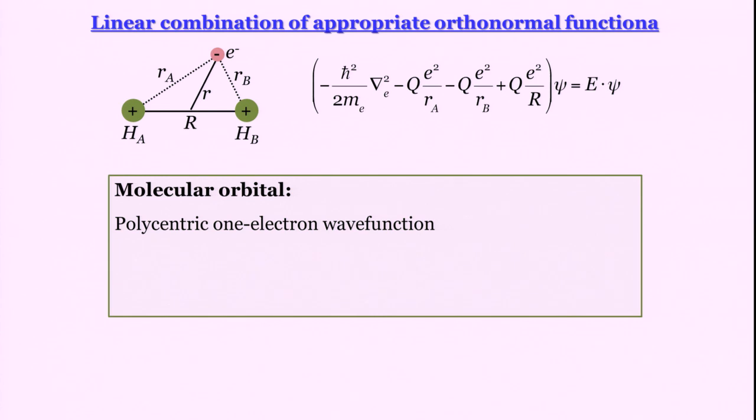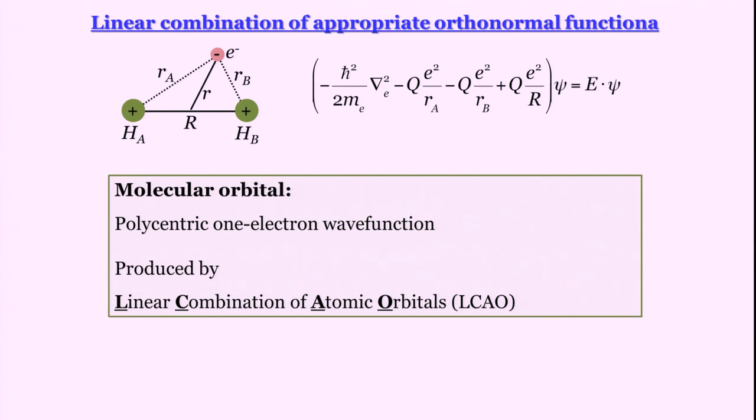So, here to generate this polycentric one electron wave function, I want to essentially take a linear combination of atomic orbitals. See, atomic orbitals form an orthonormal set, is not it? And this makes sense because they were generated by considering the motion of electron in the field of at least one nucleus. All we have here is two nuclei together. So, in some parts or maybe in large parts, the molecular orbital should resemble some atomic orbital or the other, or a linear combination. It sort of makes sense.